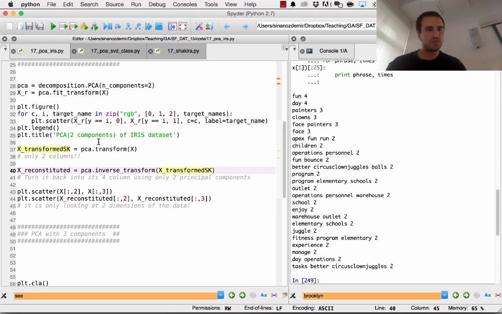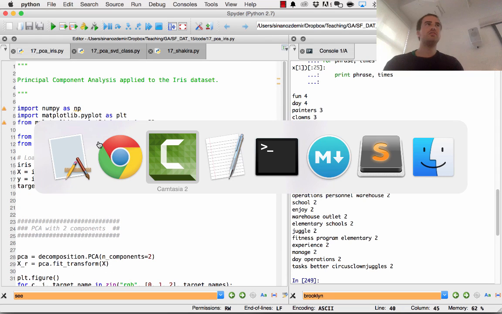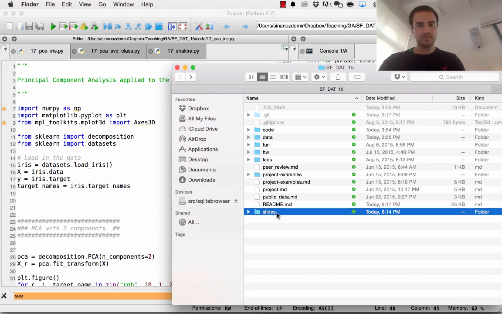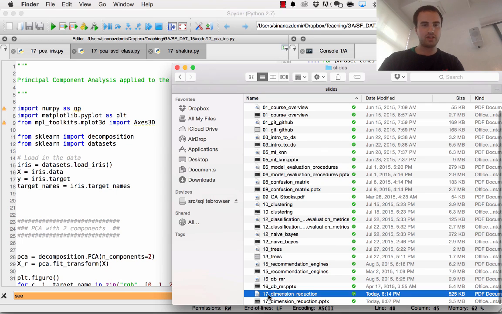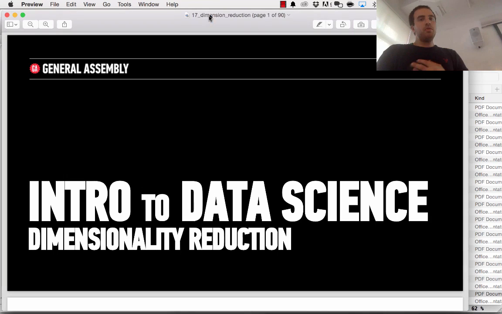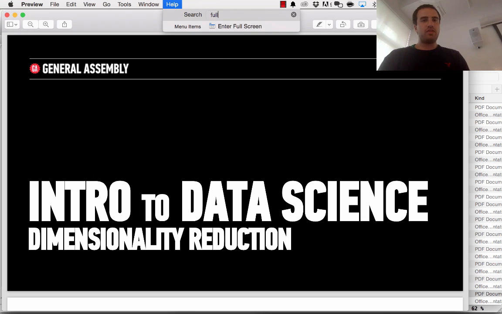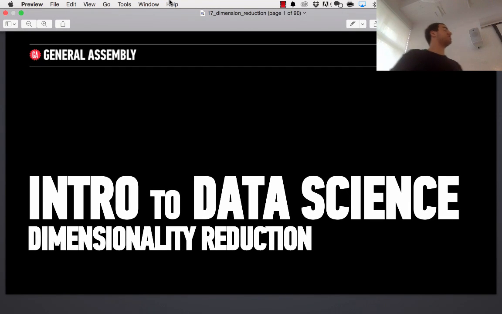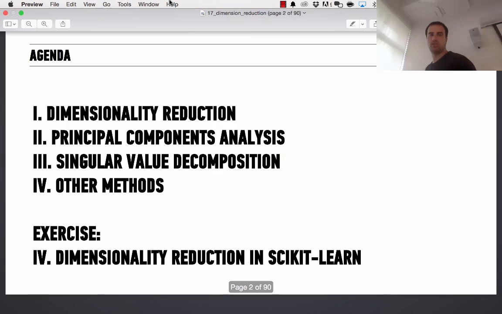All right. Principal component analysis / dimension reduction. So I am looking at our slides first on class 17, dimension reduction. Some of you have been asking about dimension reduction, as you should be. Dimension reduction, again, is the final hole in the machine learning chasm that we've yet to cover in this class in depth. So after today, you will have seen the 4 biggest aspects of machine learning.